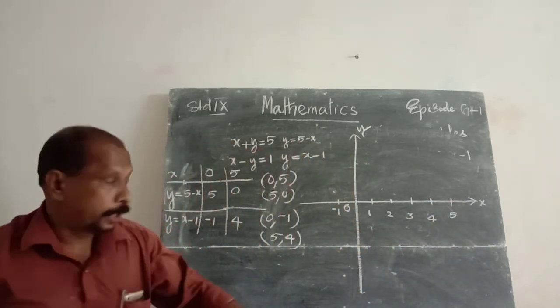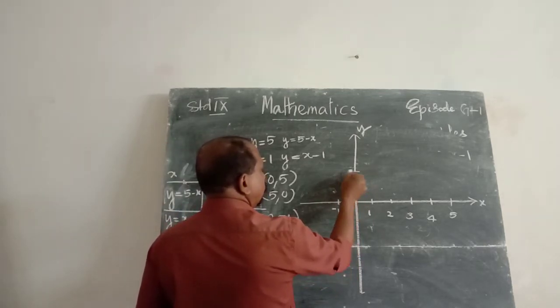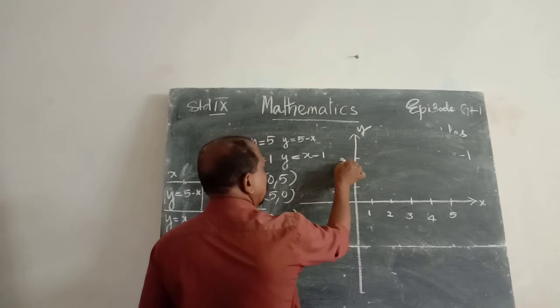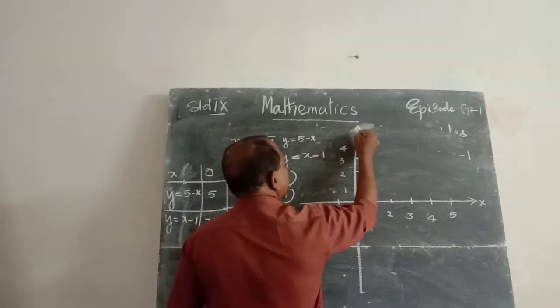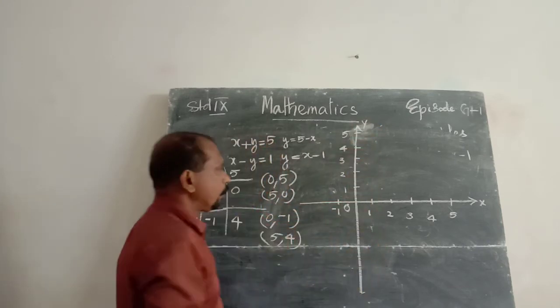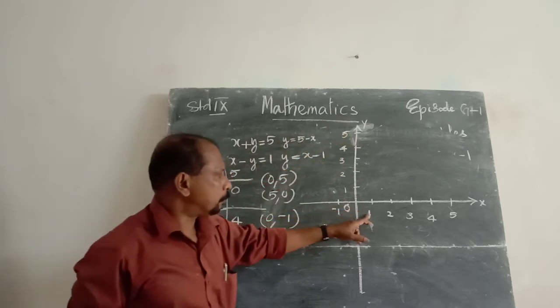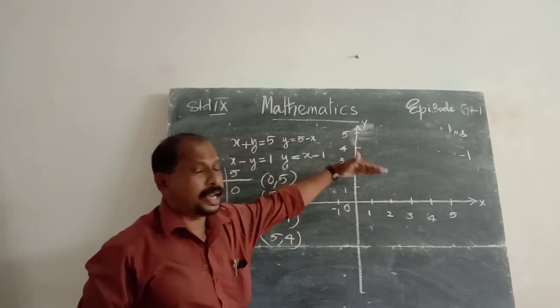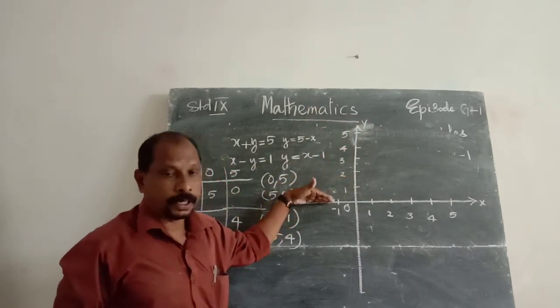Similarly, in the upward direction, that is 1, 2, 3, 4, and also 5. 1, 2, 3, 4, 5. That means the right side positive values, upward positive values, negative left side negative, and downward